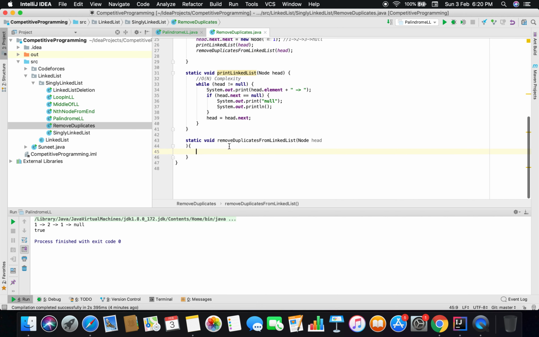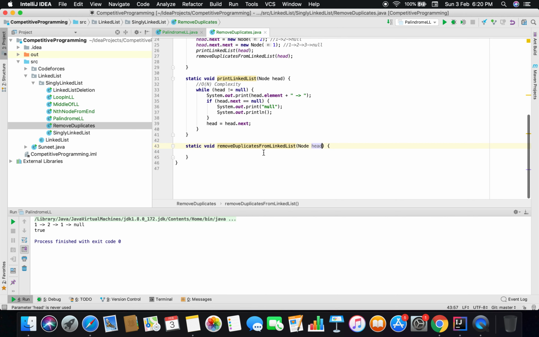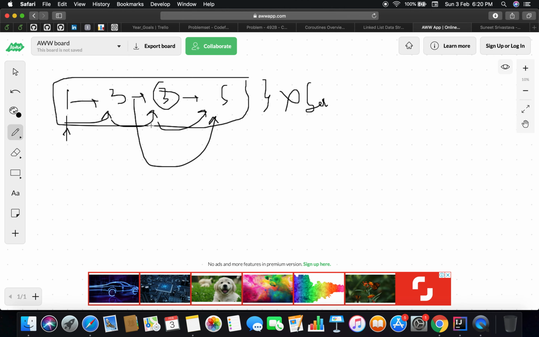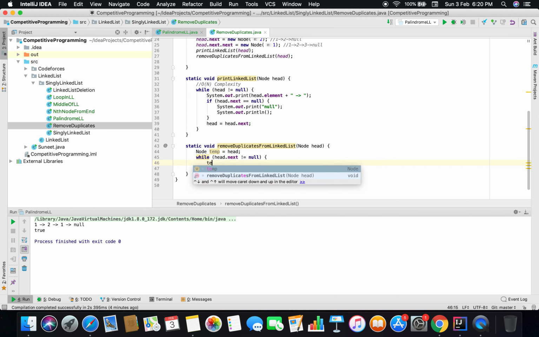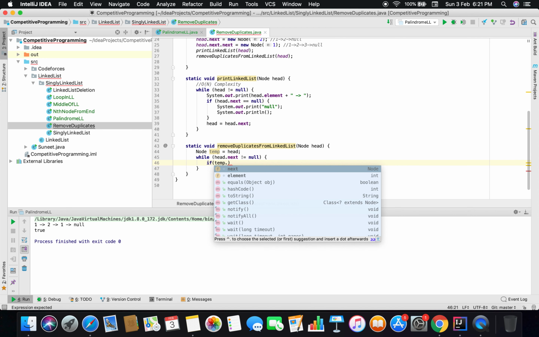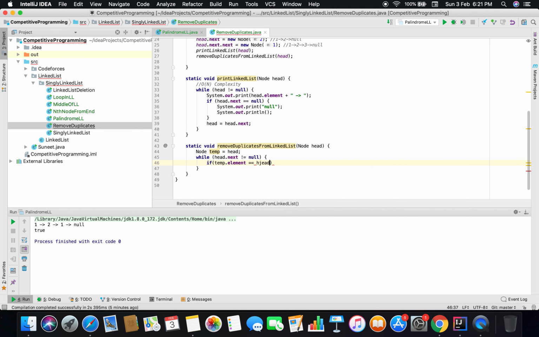Okay, what people generally do is that I told you that they loop from one pointer to the next, and if the next element is similar to the previous element, then they do that to next. Let's just do that first. So while head is not equal to null, temp equals head. If temp dot element equals head,